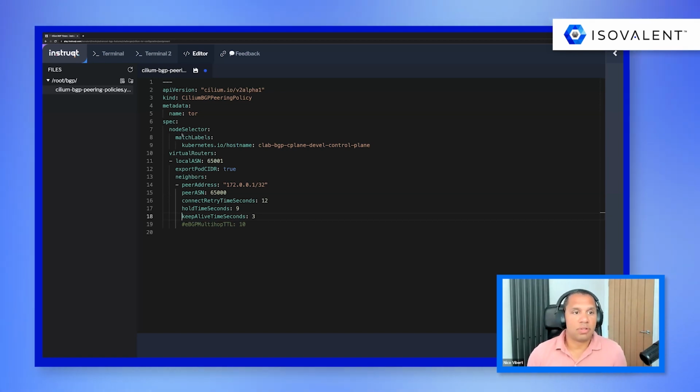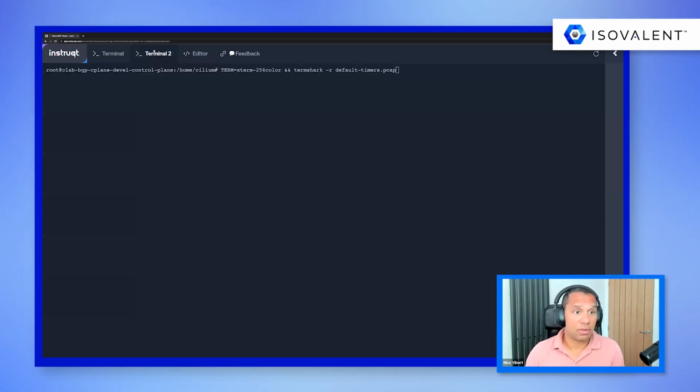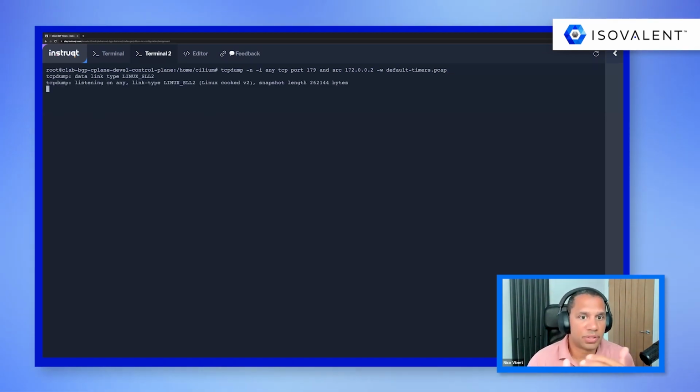But before we do that, let's go and capture and make sure that these keep alives are sent every 30 seconds. So let's go on our Cilium agent, and we're going to run a tcpdump, and it will take about a minute to capture this packet capture.